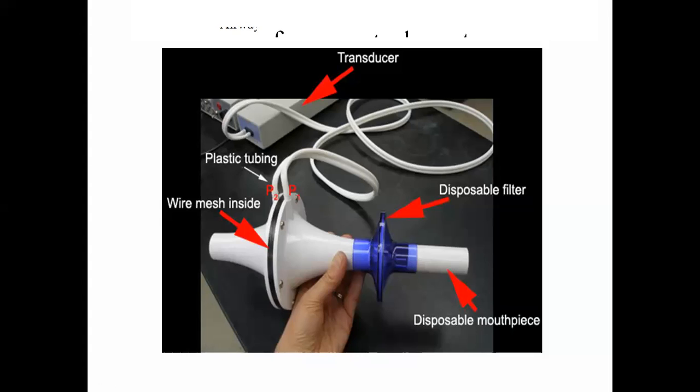In the center of the metal plate we have a small opening. What happens when we allow the air to blow? The air will try to pass through that small hole, and then some pressure difference will occur. That pressure difference will be measured by using these plastic tubes, and these two different pressures, P1 and P2, will be measured by using electronic circuitry. For this, I will tell you one example.